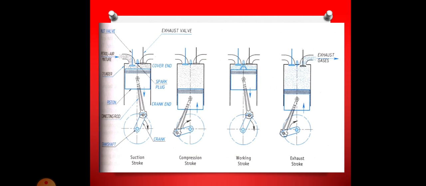See the figure here. The four stroke petrol engine has four strokes, that is suction stroke, compression stroke, working stroke and exhaust stroke. In these four strokes, see the crankcase movement. In the first cycle it is going down, second going up, in the third it is going down, fourth the arrow is going up. In the same way, while drawing figures see the piston movement: in the suction stroke it is upwards, second one it is downwards, third one upwards, fourth one downwards.